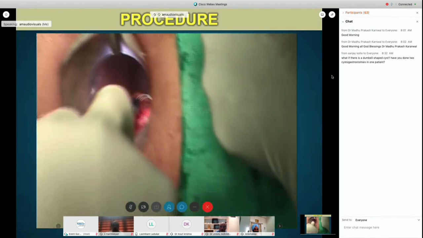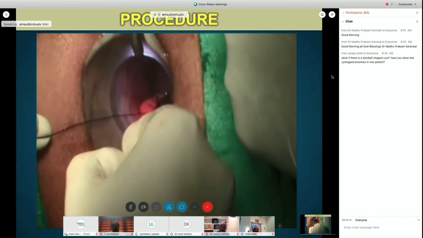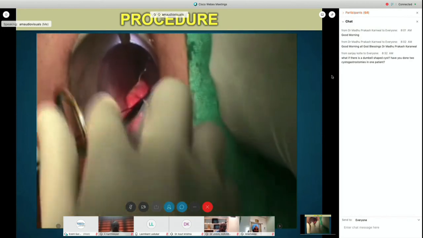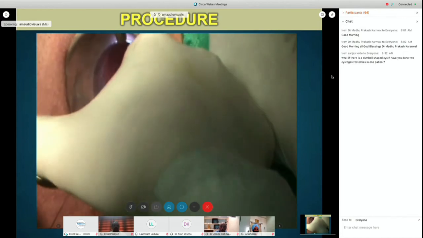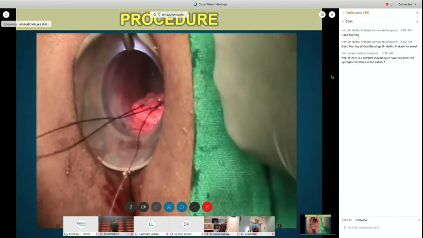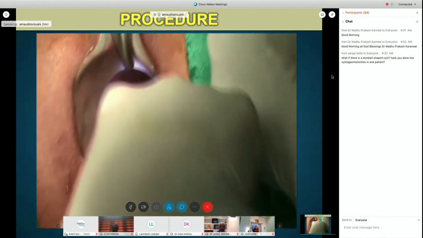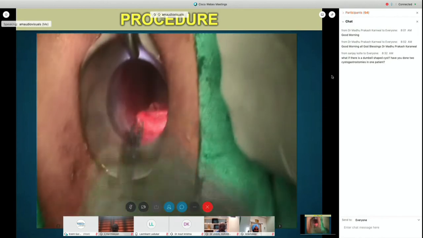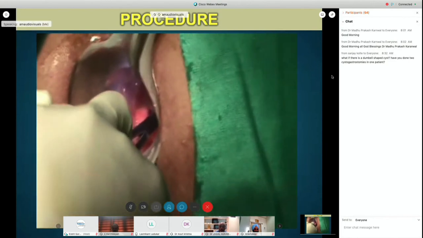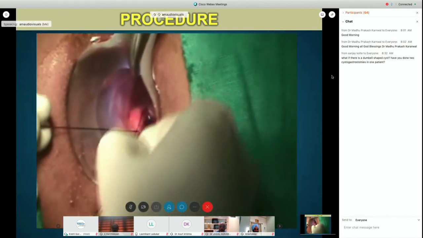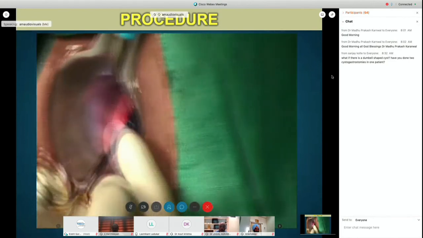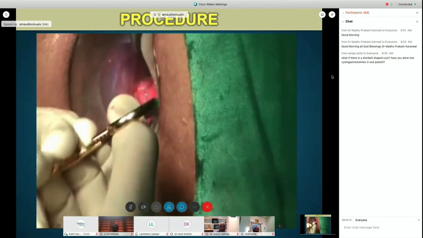The procedure is carried out at 4 cm and 2 cm proximal to the dentate line, making it painless. The first suture is taken circumferentially. The other suture which we will be taking is at 2 cm from the dentate line.